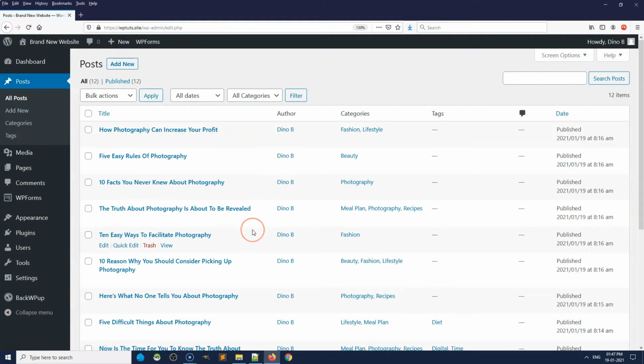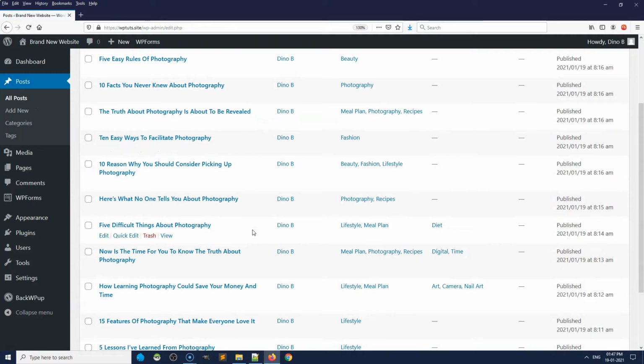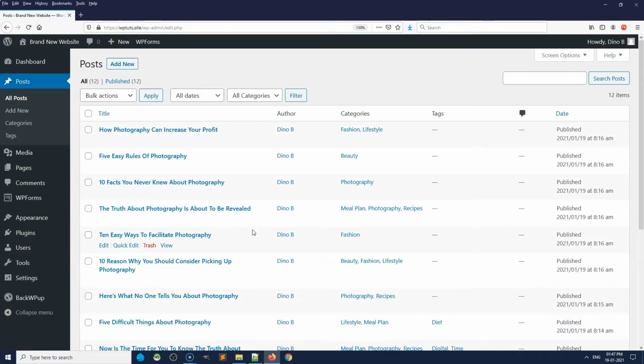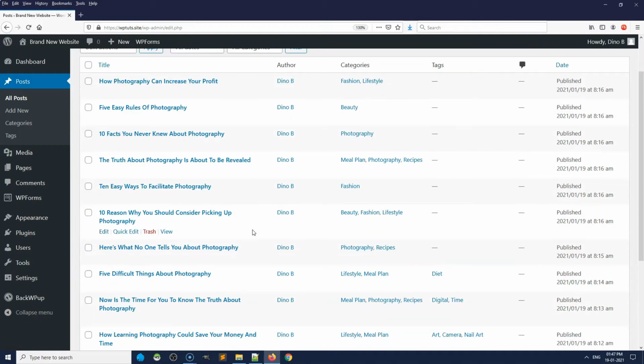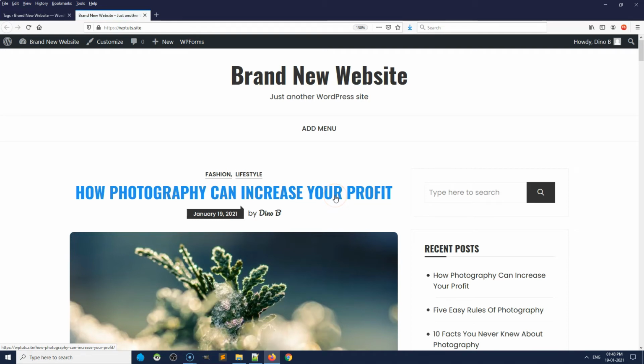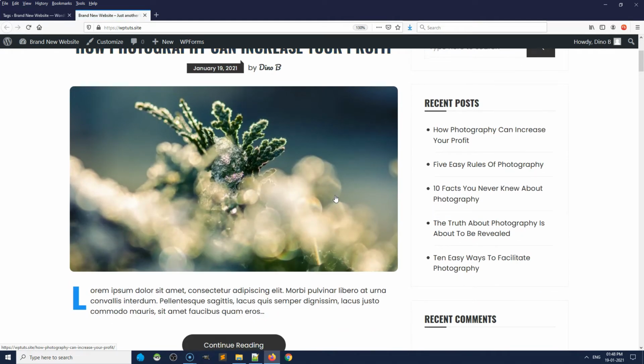So I have just added few dummy posts here, around 12. Now let's check the front end. You can see the post is appearing on the front end.